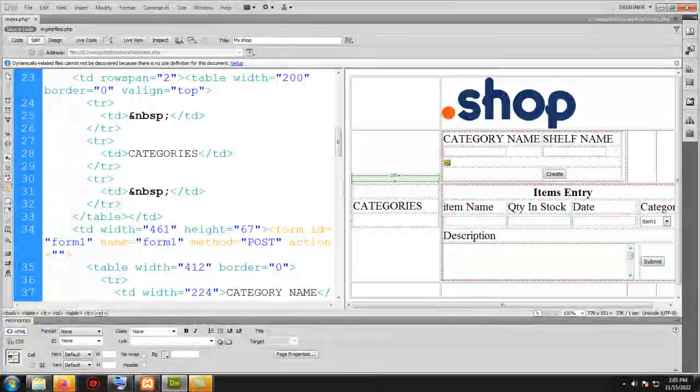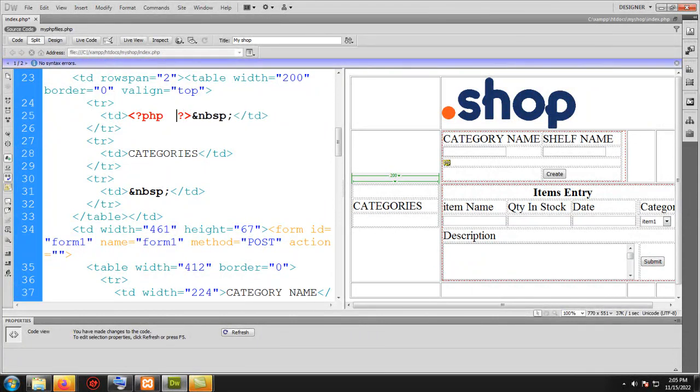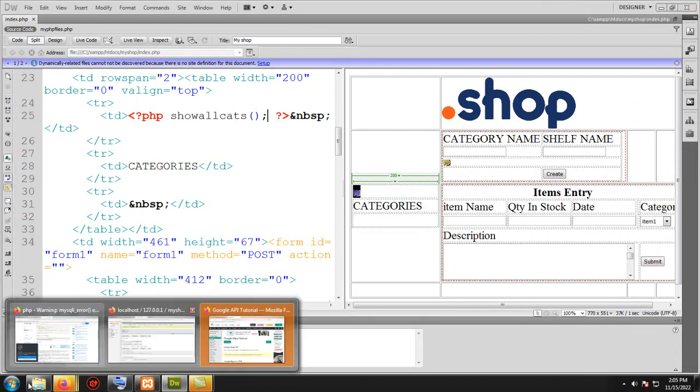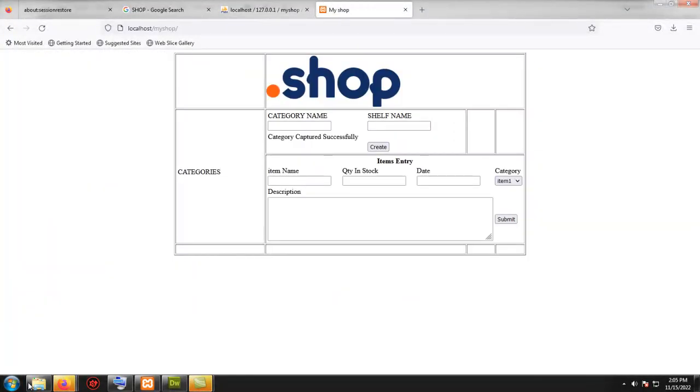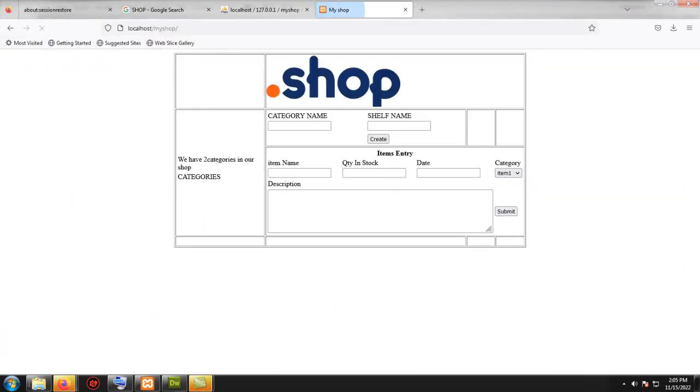At that point I need my PHP code there. Every time you need to execute PHP code, you just need to start with that, and we terminate. So if we go back to our page and we press enter, so basically we have